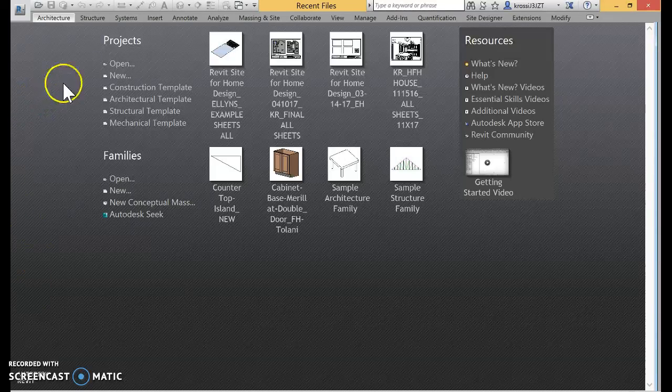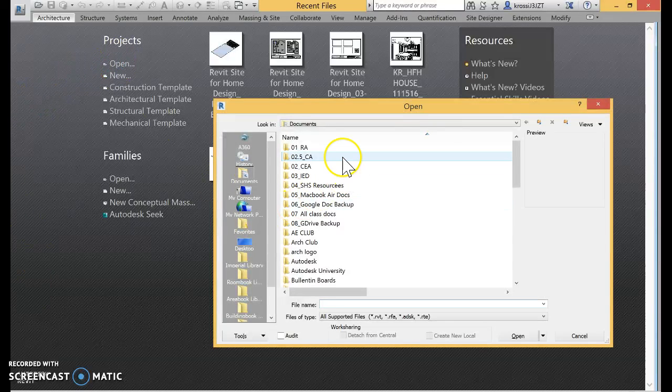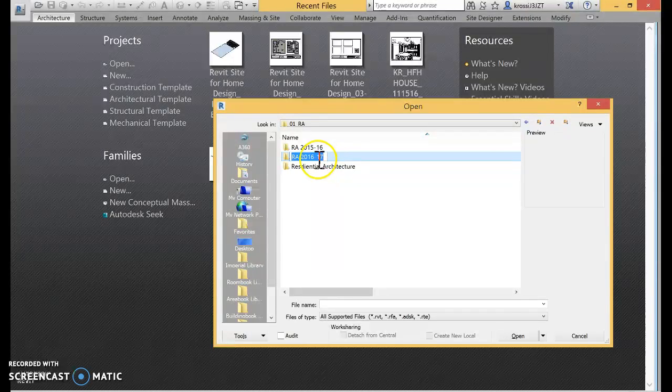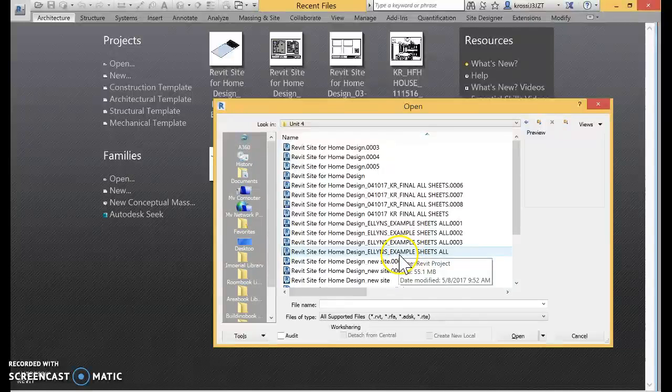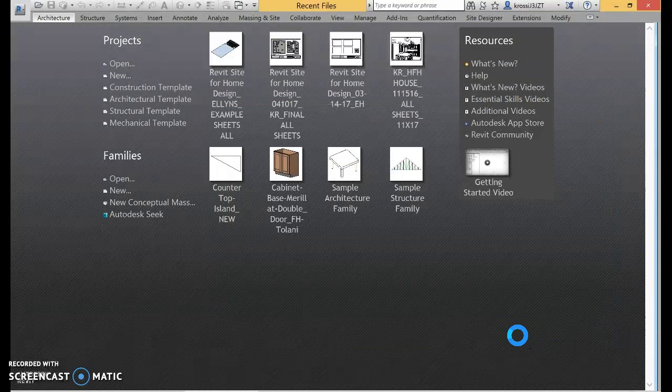So the first thing that you need to do is go to Open, and then open up the Revit file that I emailed you. So it should be the Ellen's example sheets all. Once you open that,